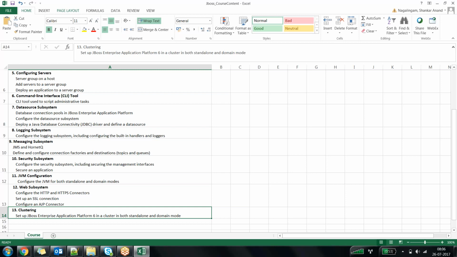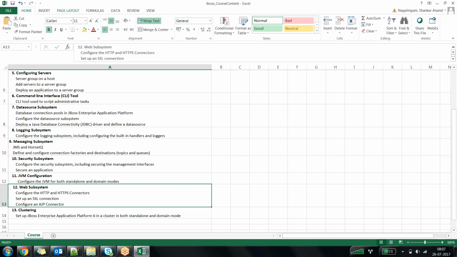How is it being implemented? It is implemented using the concept called clustering. Clustering is the one which will ensure that your site is highly available, 24 by 7, round the clock. What is clustering? How is it implemented in the JBoss application server? I'll talk about it when coming to this particular topic. Once we're done talking about clustering, we'll then talk about the web subsystem.